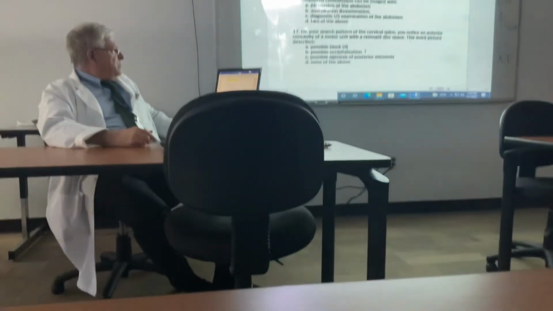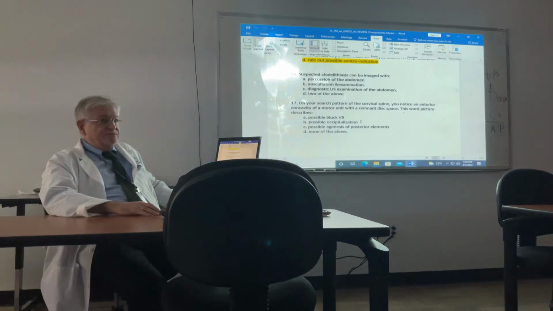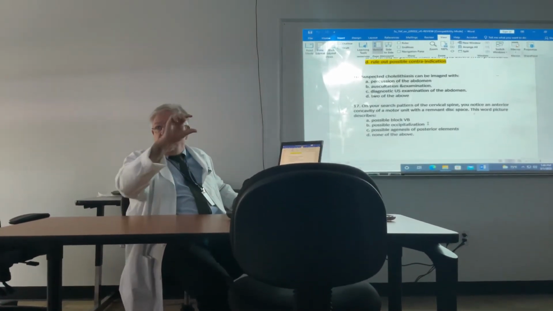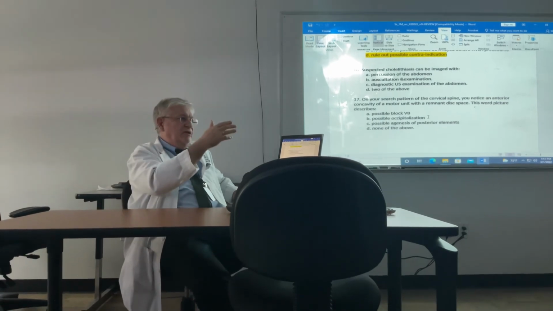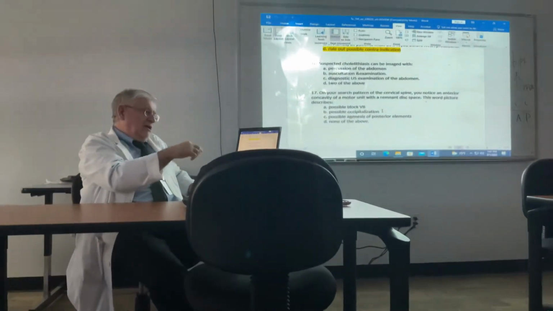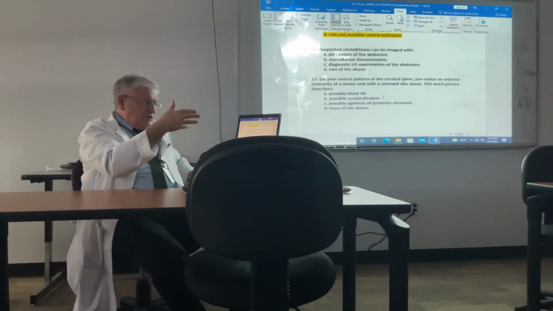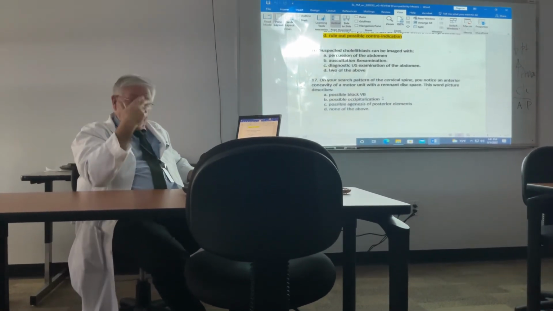Okay? What's possible agenesis of the posterior elements? Cord exposure, there is no posterior neural arch. And in one of the previous examples, I showed you the vertical split. I'll try to find the versions that I actually use in the exam. You'll see it because it's just another normal variant.